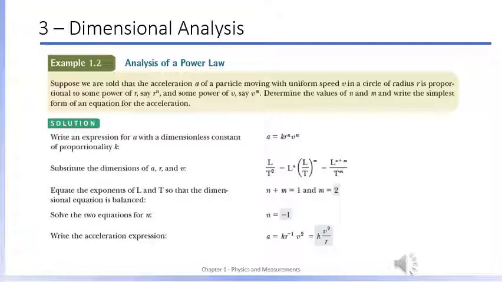So if we have m equals 2, n must be equal to minus 1. So this equation is a equals k v to power 2 divided by r. K, the proportional constant, stays as an unknown. Using dimensional analysis, we don't have any information about